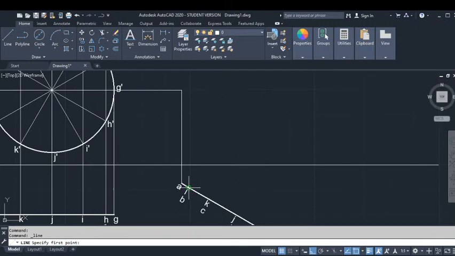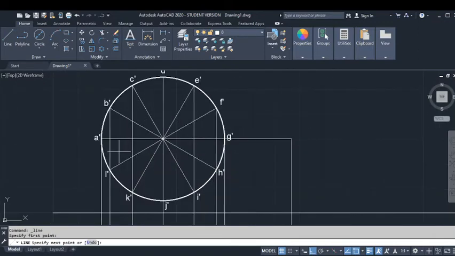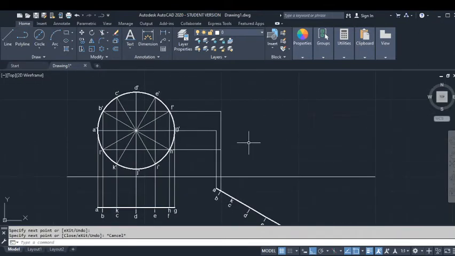Similarly, when I drop a projector of L, it's going to start from here and end here. So I'm going to drop a projector here and join it here. Further, I'm going to also drop the projector of B onto the same line. In a similar manner, I'm going to drop the projectors of K. So the projector of K is somewhere here. And also I'm going to drop the projector of C.